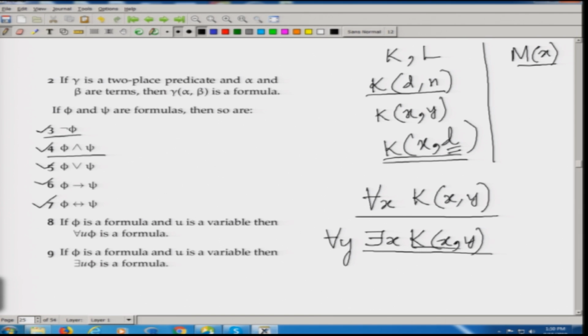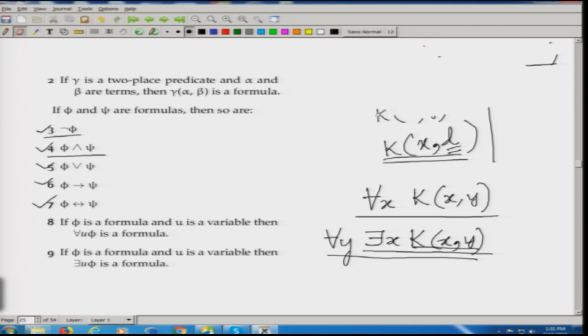So this first, this is a formula. Because this is a formula, this too is a formula. So we can have all these varieties by using the syntactic rules we have here. And some very simple translations also can be done by using this language. For example, if we interpret, a small interpretational thing, if we just say that M is man,